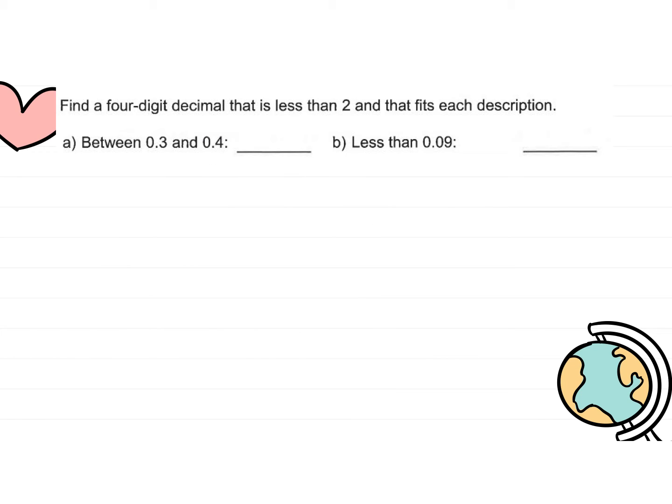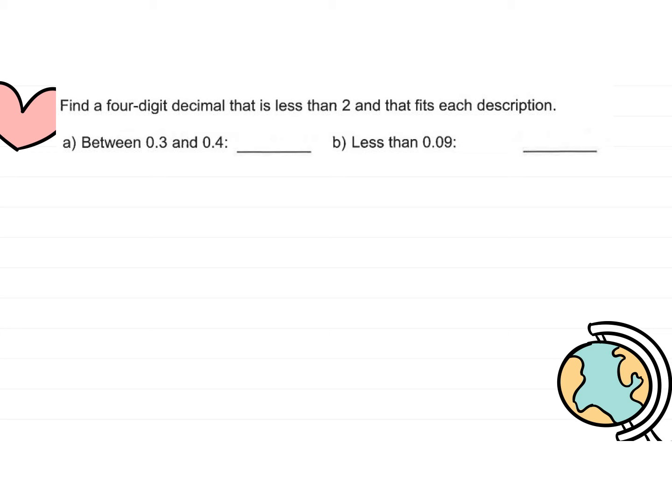Looking at this number, find a 4-digit decimal that is less than 2. Okay, so it needs to be less than 2 and fit this description. There are many different numbers in this case. These 2 questions are very specific. Of course, your answer would be less than 2. But if you're looking between